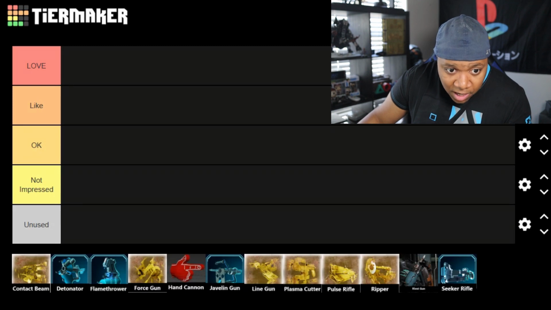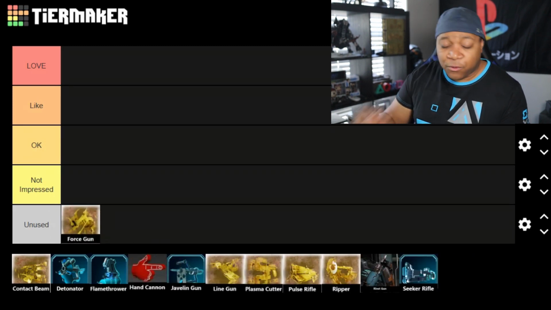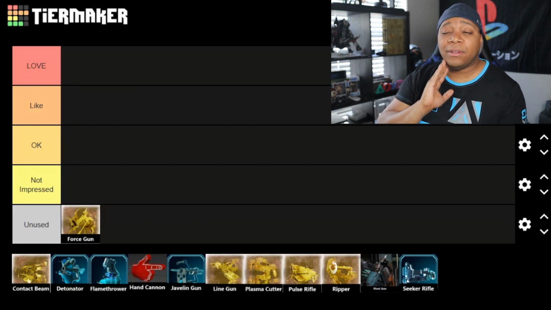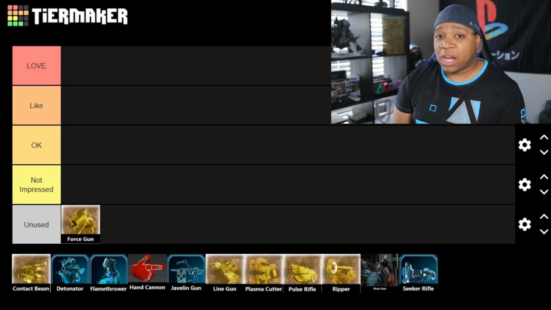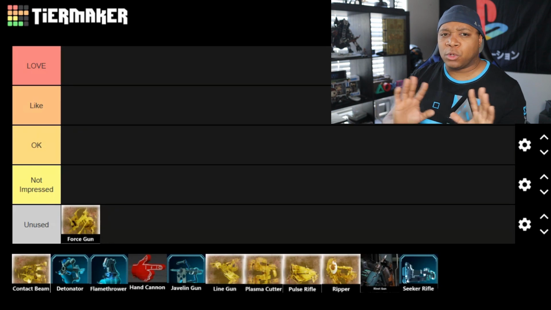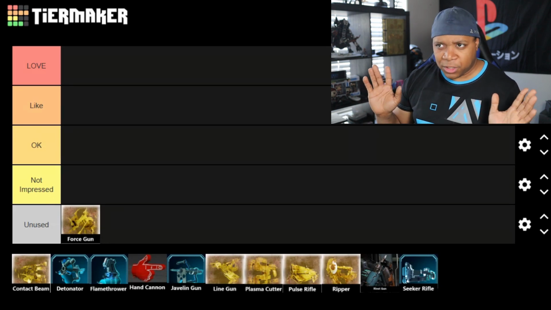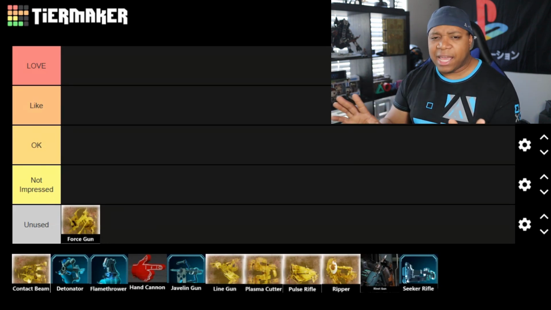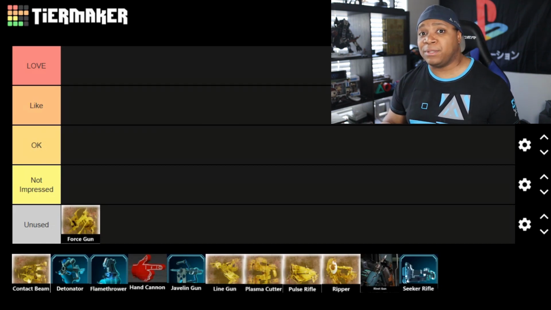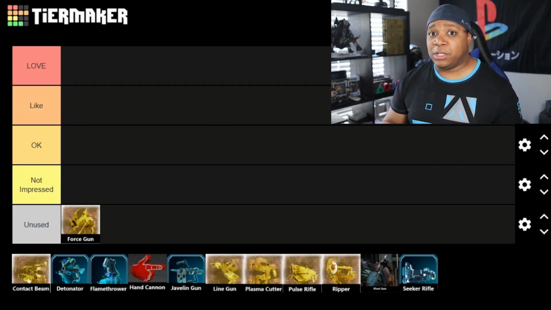The Force gun. The Force gun is, if I remember correctly, the only non-lethal weapon. Why you would want a non-lethal weapon when fighting necromorphs, I have no idea, but pretty much it just fires a compressed force of air. So this is a weapon that you would use to knock enemies back. I'm guessing the concept is you would knock your enemies back in order to give you time to reload one of your other guns, but then why don't you just use one of your other guns and